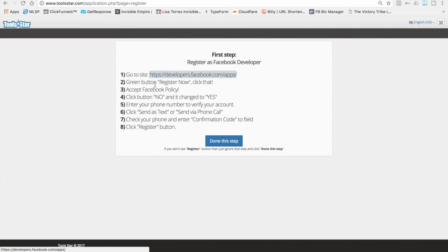So go to this website, click the green register now button, and accept the Facebook policy. Then it should say click the button no and change it to a yes. Then you need to enter your phone number to verify your account. Click send as text or send via phone call. Check your phone and enter the confirmation code on the page, and then click the button to register. So basically you need to go over to this page, click that you want to register with Facebook, accept their policy,